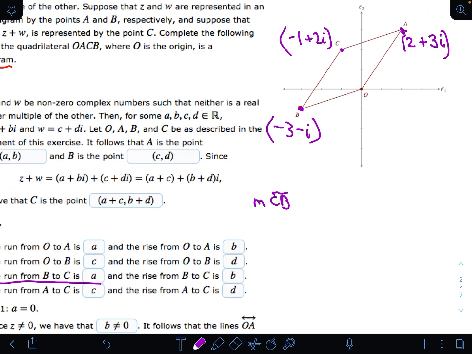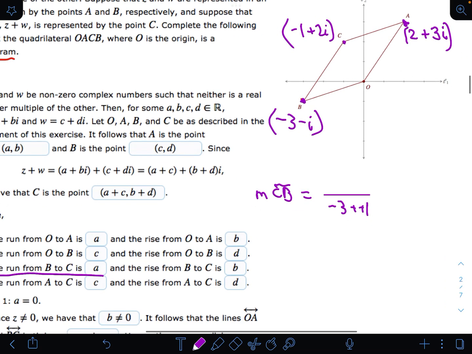Yeah. So segment CB is what I'm trying to say here. The run is the bottom numbers there. So when I'm looking at the run, that's negative 3 minus negative 1. What is that? Looks like 2 units. And well, I wrote -3 minus -1, and really, I say 2, but